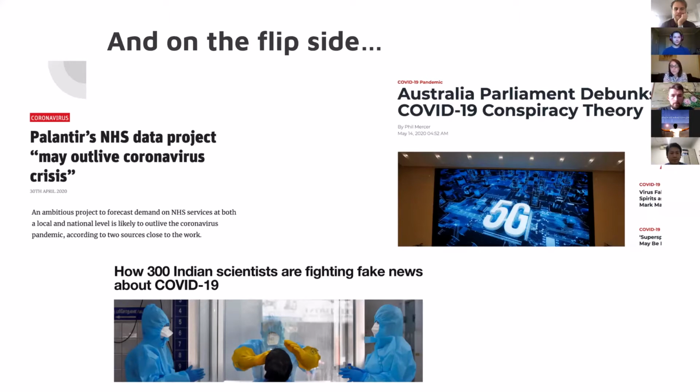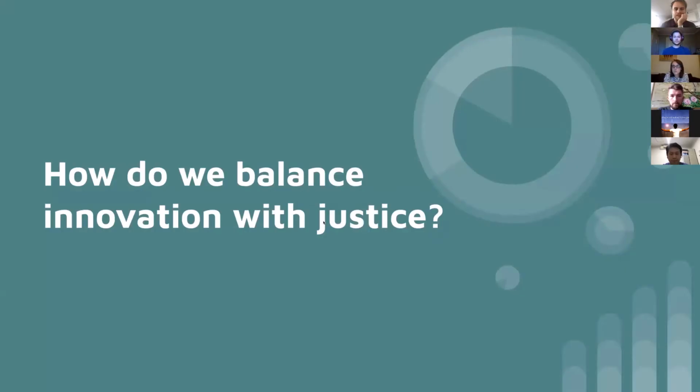There's also been a huge funding fall for a lot of startups, and as someone who usually works with a lot of startups, I'm seeing a lot of that work not going on, which is very important to keep in mind, because what we're going to see is that small scale grassroots innovation is not able to grow, and we could potentially see bigger and bigger monopolies of the Amazons and the Googles of the world, who will have the financial reserves to get through this. So what do we do to balance this?